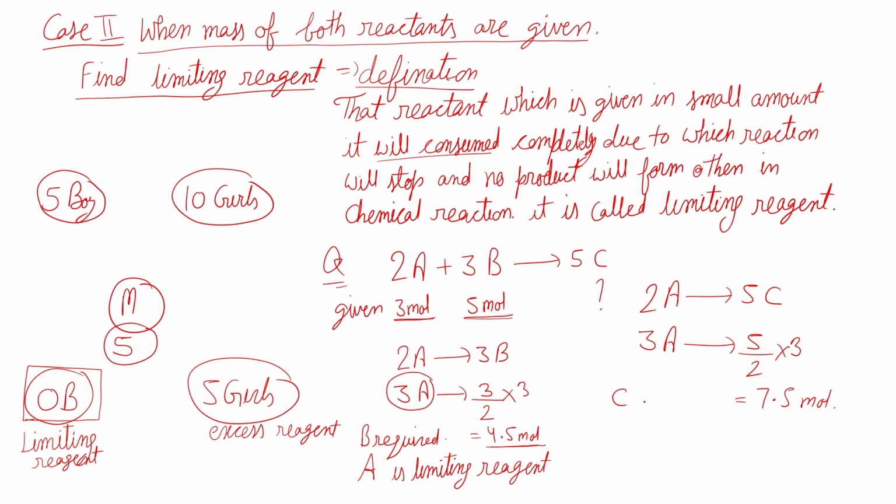C formed. कितना बनेगा भाई C अपने पास? ओनली 7.5 मोल बन जाएगा। ये हो गया अपना आंसर डायरेक्टली। ठीक है, इसी पे मैं आपको एक दो क्वेश्चन और करा देता हूँ फटाफट से।